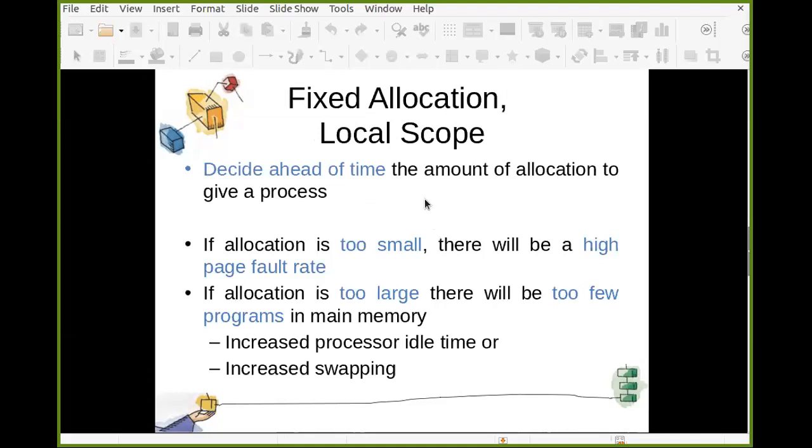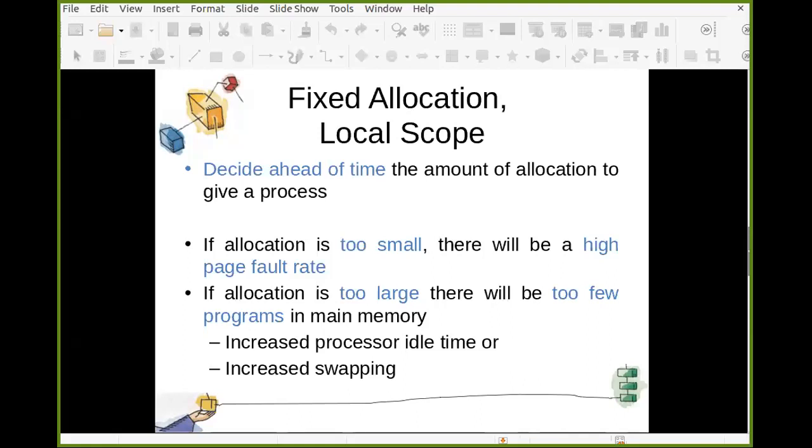Fixed allocation local scope decides ahead of time the amount of allocation to give a process. Ahead of time, it will be decided how many frames will be allocated. If allocation is too small, there will be a high page fault rate. Very simple to understand. If allocation is too large, there will be too few programs in main memory. So both have their own problems.